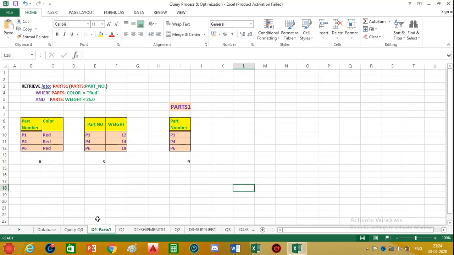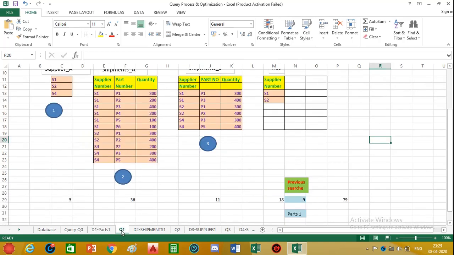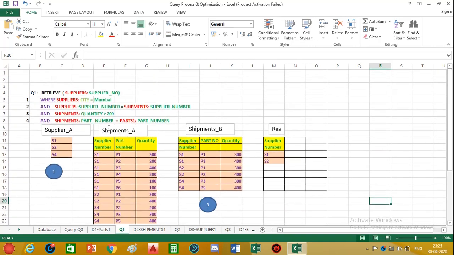After this detachment, we will apply query Q1 considering the parts 1 dataset. Now, there are only 4 statements in this query process. Execution of the first 3 statements is exactly the same as that of Q0. For the last statement, we project the supplier numbers in the shipment B database which are available in the detachment parts 1, and the result is again the same, that is supplier numbers S1 and S2.